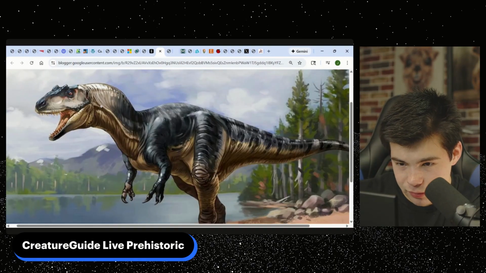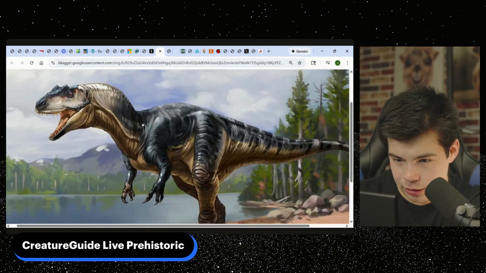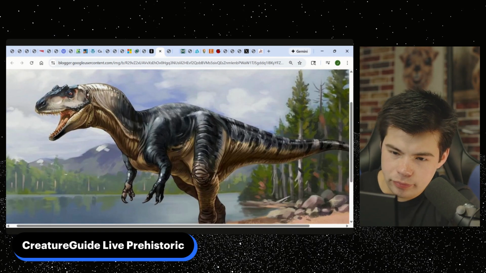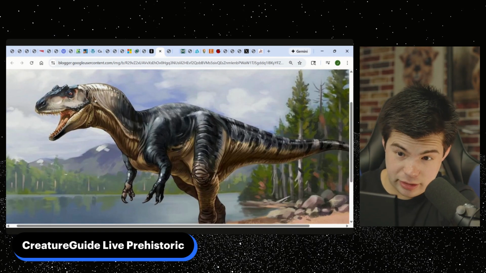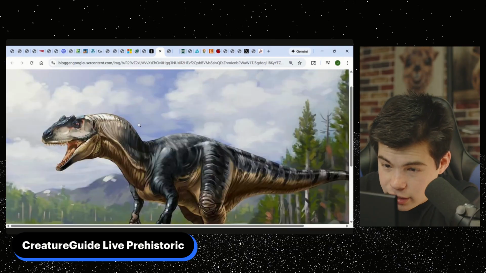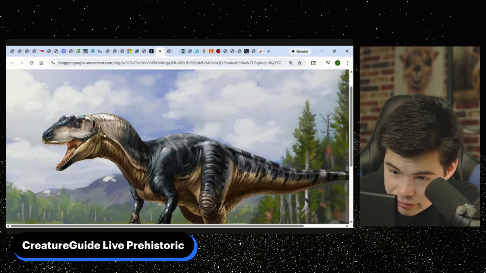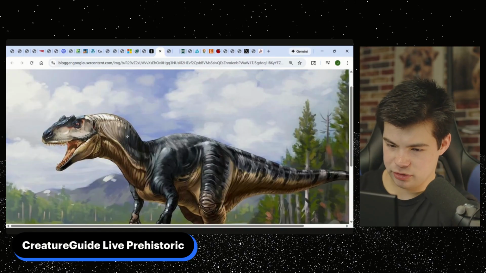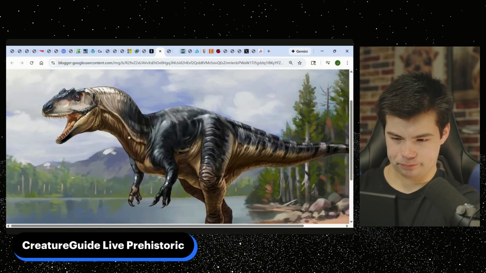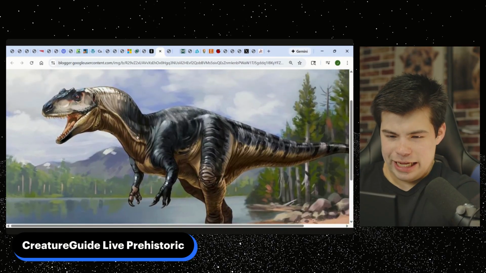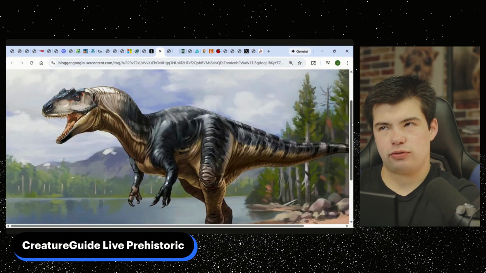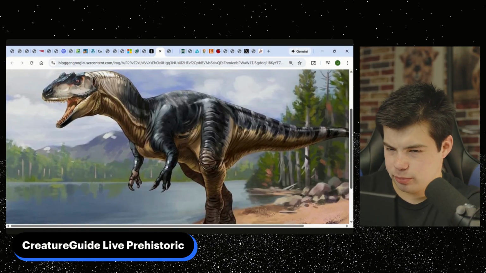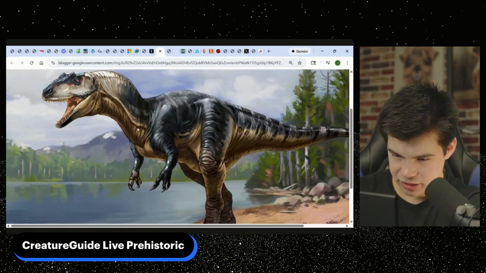I don't think he has an ear though. Oh well. Let's see where that is here. That's huge. Oh wait, I think I might have seen it. No, I was thinking right here. That's a huge ear. Anyway, let's see the neck. It's too long. Allosaurus did have a somewhat long neck for theropods, but it just seems a little